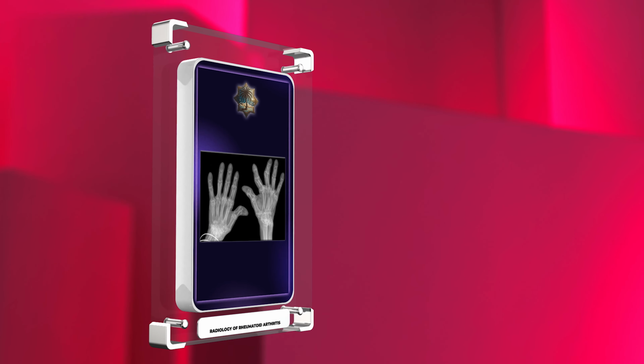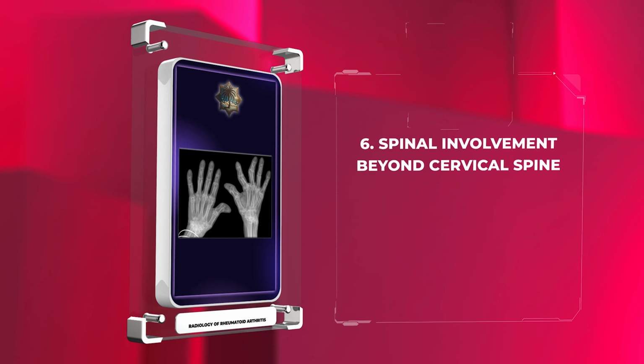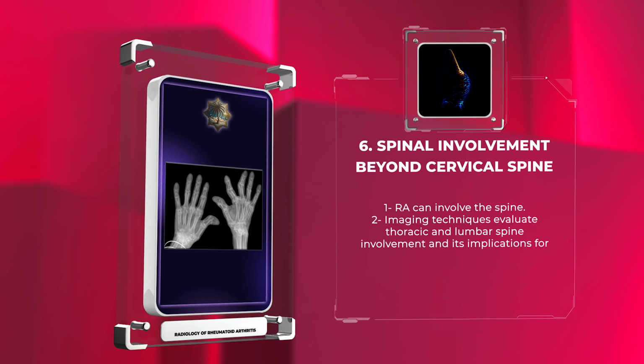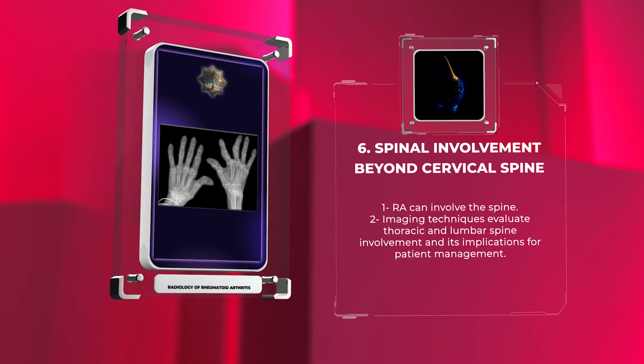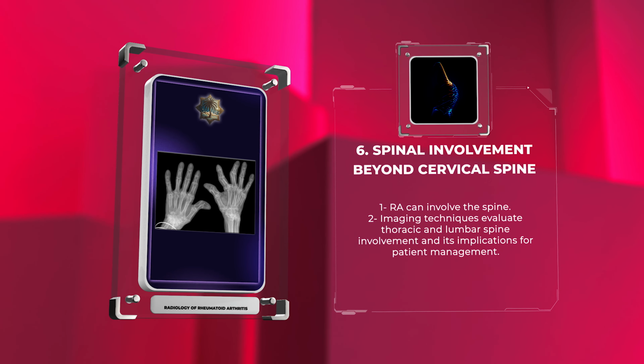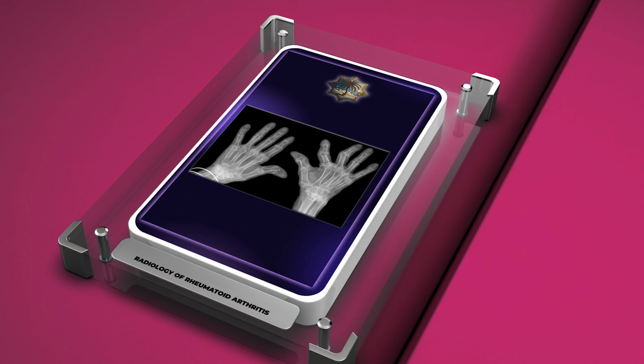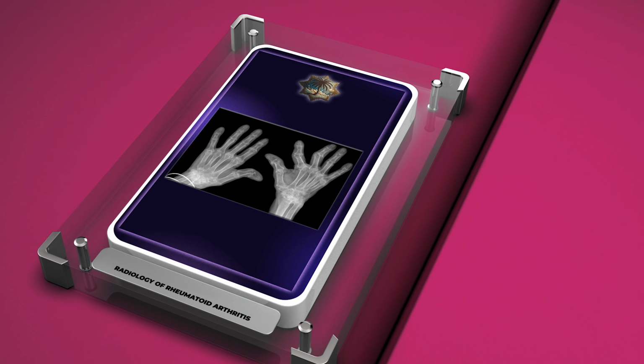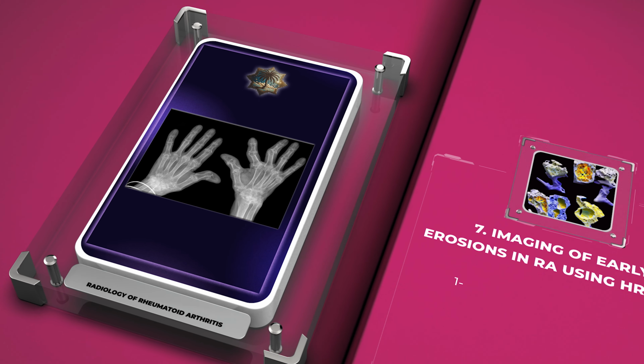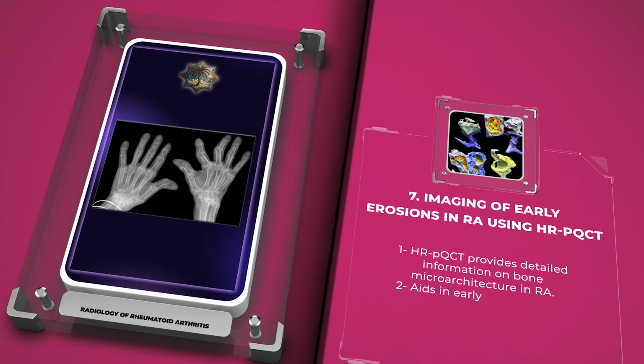While RA predominantly affects peripheral joints, it can also involve the spine. We will explore the imaging techniques utilized to evaluate the involvement of the thoracic and lumbar spine and discuss the implications for patient management. High-resolution peripheral quantitative computed tomography, HRPQ-CT, is a cutting-edge imaging technique that provides detailed information about